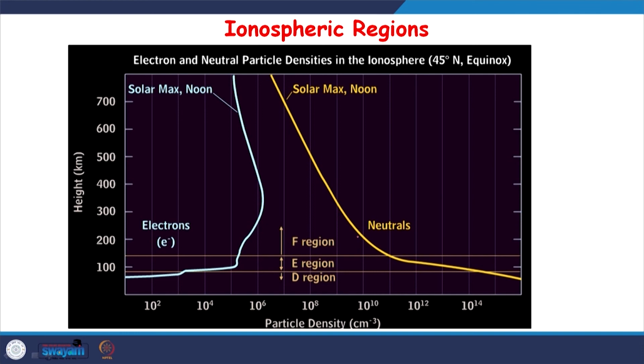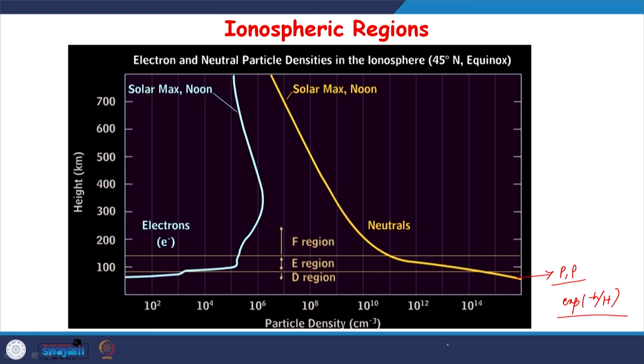This is an exponential decay. It varies similar to pressure or density, just an exponential of minus h by H. Pressure or density or number of particles per unit volume, or number of neutral atoms per unit volume, will decrease exponentially as you go up. This is what you see.